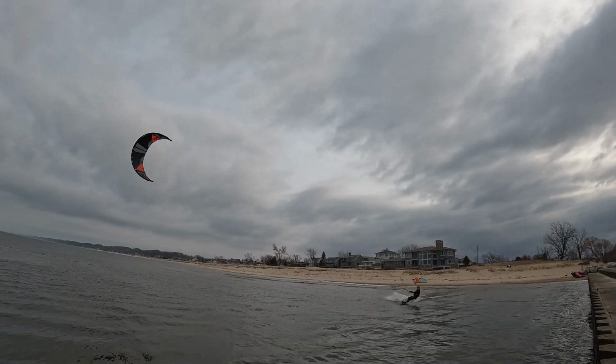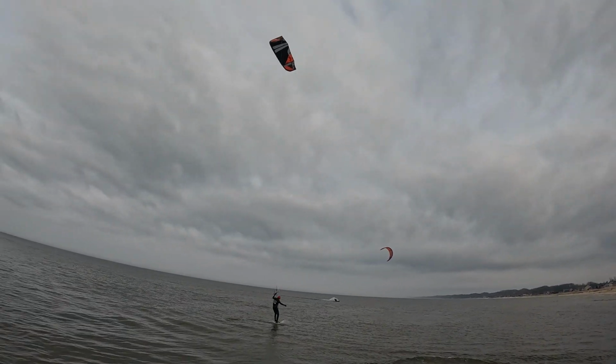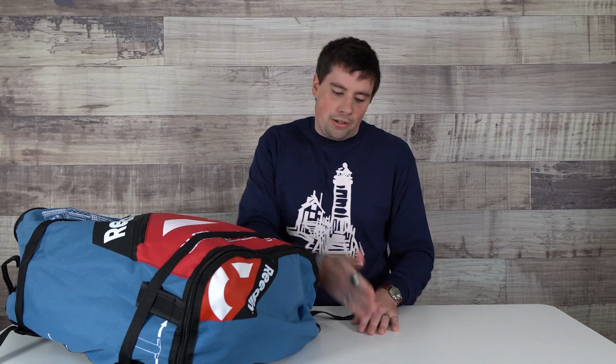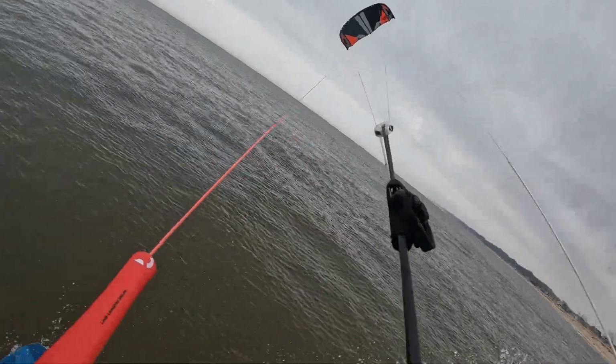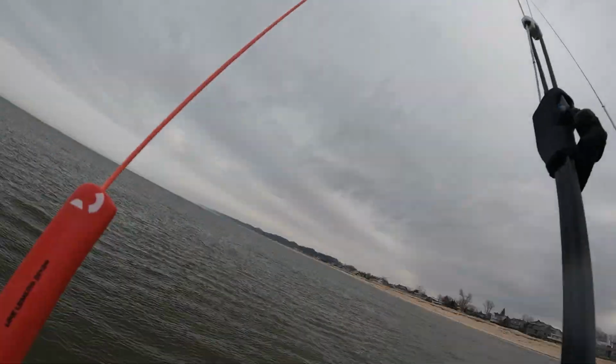We started off, it was a flat water day right at the Ferrysburg Pier. Hardly anybody else on the water. We get our kites up there and it's pretty light. Not great for a morning session, especially when the water's super cold. That elevates the chances of swimming. You just want to be powered up. But it was a really good test to see how this kite does in light wind, and honestly, I was pretty impressed. I think had we added some chop, it would have been a little bit dicey and I might have been walking. There are kites that drive upwind slightly better, but still I felt like there was an improvement over the V2. From there, the wind built and we got into a really awesome boosty freestyle session,